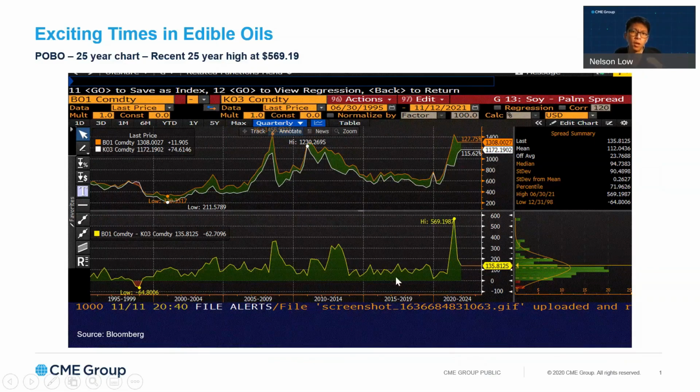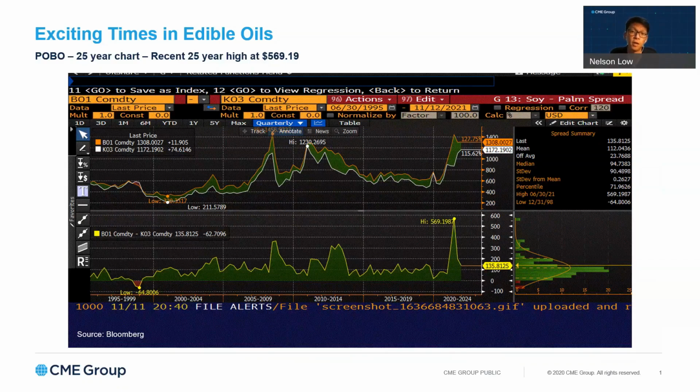along this spread line. And you see that the chart here in the lower right-hand corner is basically the mix of data points. And in the upper right-hand corner, you see that there's a mean and a median. And you'll note that the mean and median is roughly between 94 to 115. So what that tells you is that tends to be the average spread between soybean oil versus palm oil. But of course, it moves around, as you can see. It moves up and down.